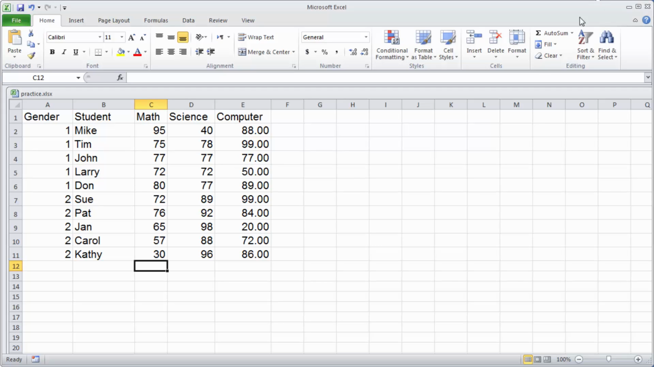In this tutorial, I want to show you how to do some basic calculations in Excel, and also how to make charts and graphs in Excel. First,